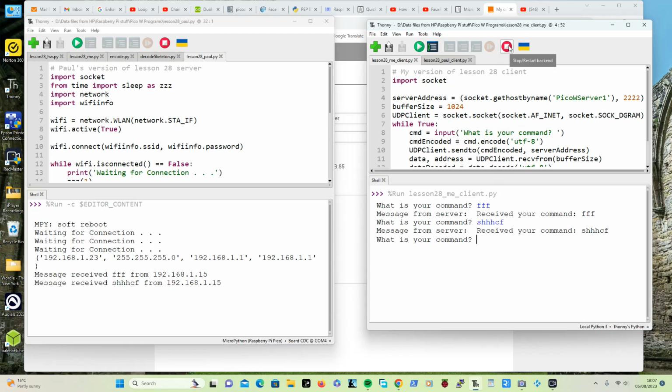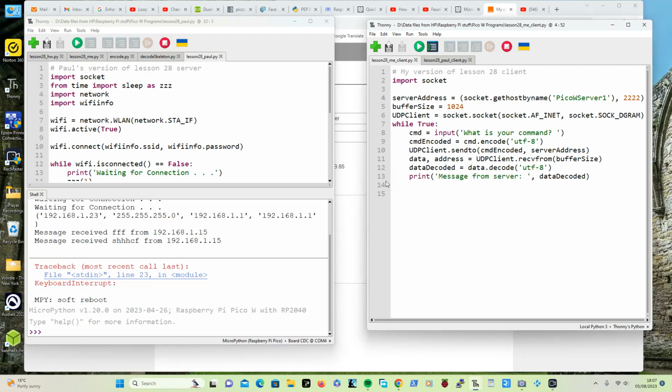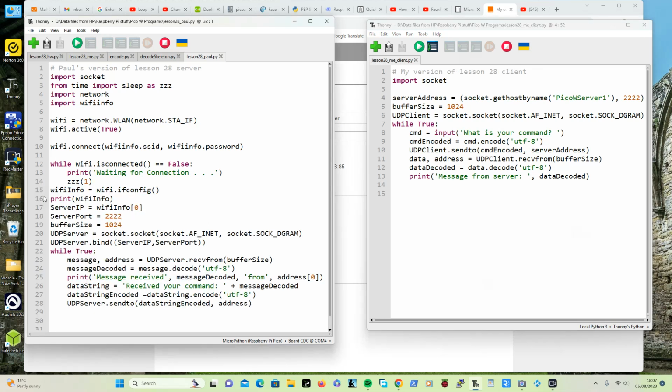Other people might disagree. So we will press stop on that, press stop on that, and if I close that, and just so I don't get confused, I get rid of Paul's version of the client. Now, my other gripe, apart from the hard-coded IP address, is